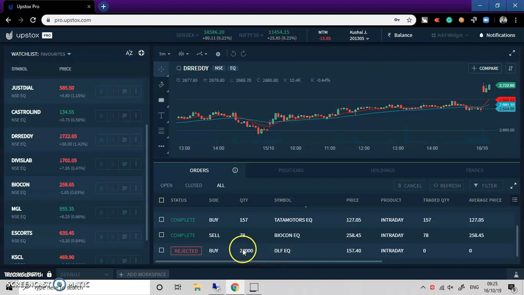Instead of giving exposure, I have given it as a quantity in my bridge. This is also a common mistake that a lot of algo traders make. They get confused between giving quantity or exposure. So I'll quickly come back to bridge and quickly come back to my VPS and change this.